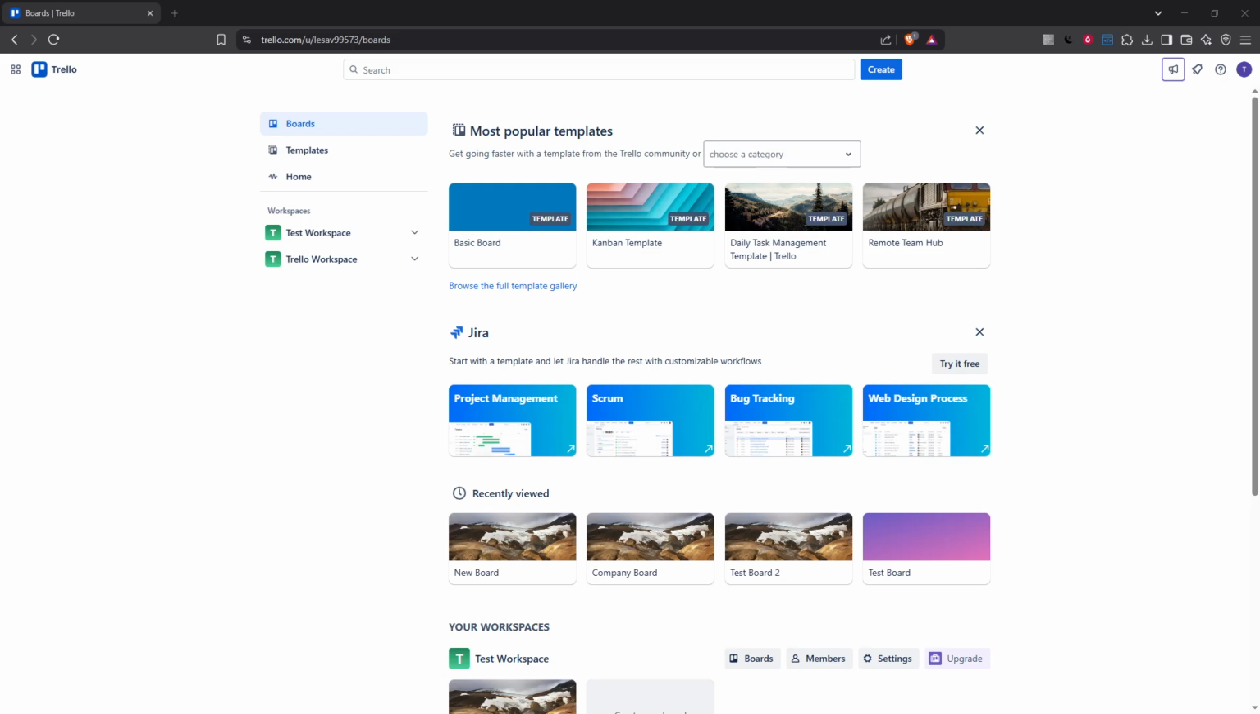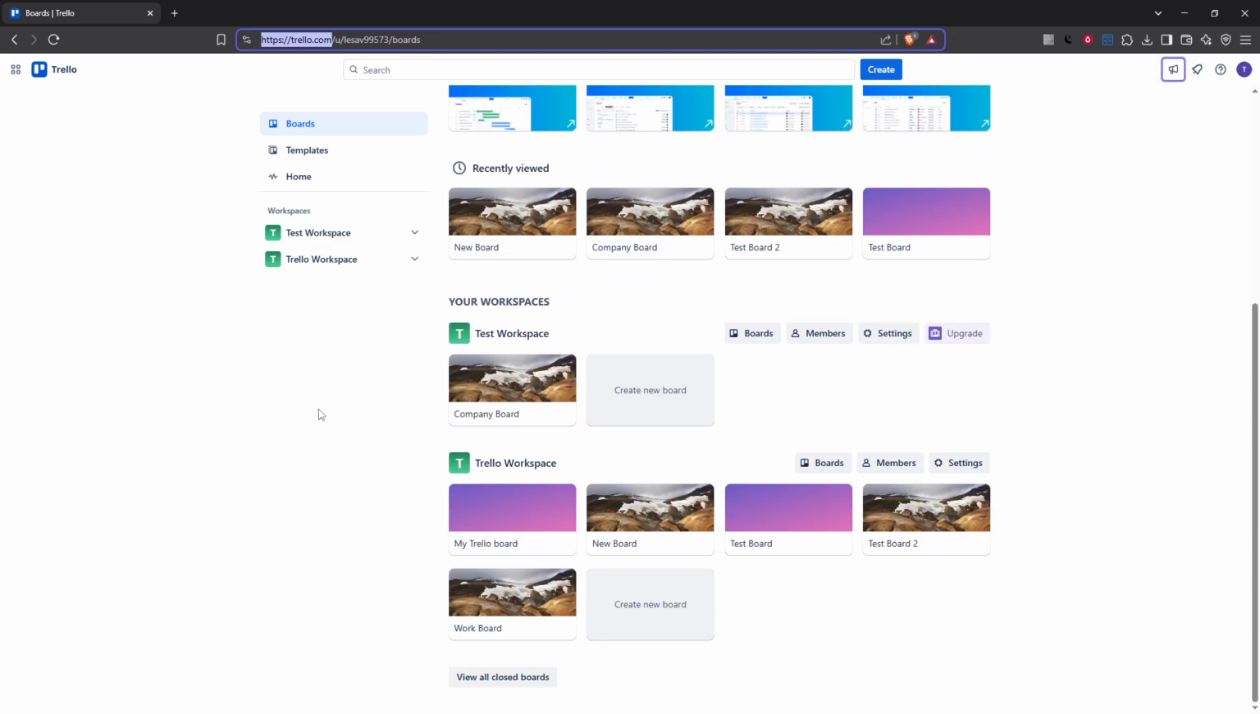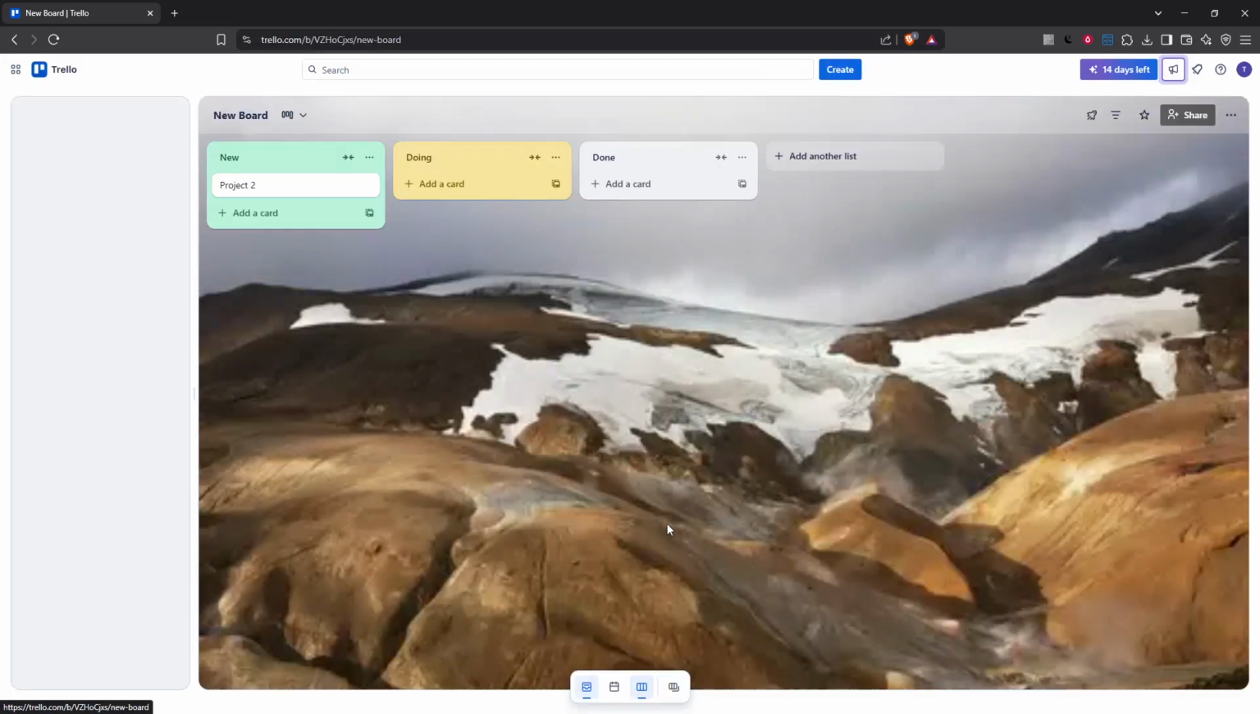First things first, we'll need to log into Trello. Head over to trello.com using your preferred web browser and use your credentials to access your account. Once you're logged in, you'll be greeted by your Trello workspace, displaying all your boards and activities. Now you want to locate and open the specific board for which you need the ID. This could be any board you own or have access to, so go ahead and click on the appropriate board